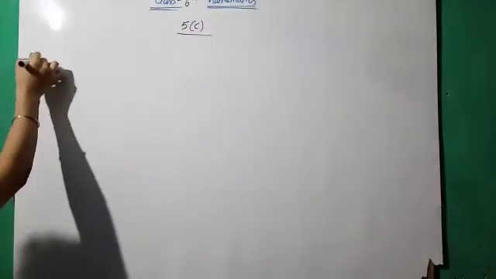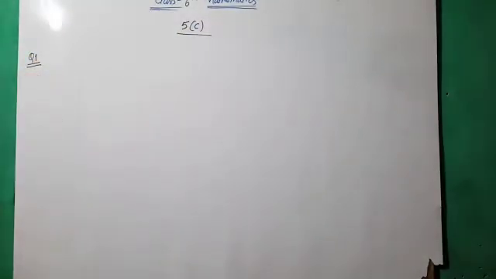Question number one is totally based on the LCM. We have to add or subtract in this question. So question number one, first to fifth part, we have to directly add because the LCM is the same in all these questions. 1 by 5 plus 2 by 5 is 3 by 5. Similarly, you have to do in 1 to 5.